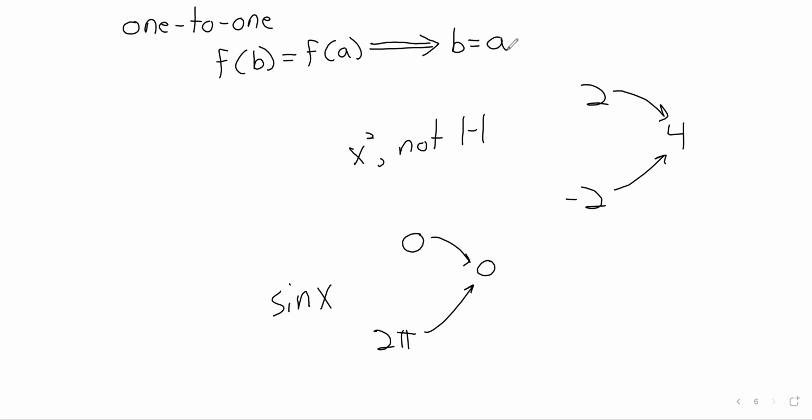It also sends 2 pi to 0. 0 and 2 pi are not the same thing. And this is a problem. It's a problem for both these functions, actually. It's a problem for x squared, and it's a problem for the sine,